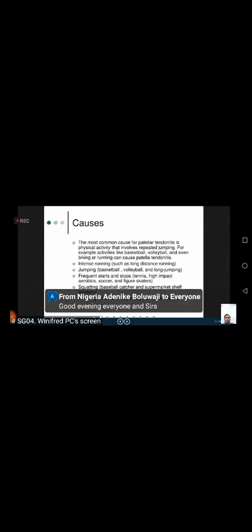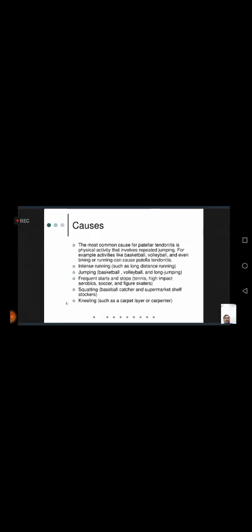So here are the possible causes. These are related mostly to sports activities, but as we discussed, these could also be possible in those who have a sedentary lifestyle or use improper footwear. Here are a few possible causes usually related to sports, since it is known as jumper's knee. In physical activities which require jumping, like basketball, volleyball, biking, running, all these activities cause